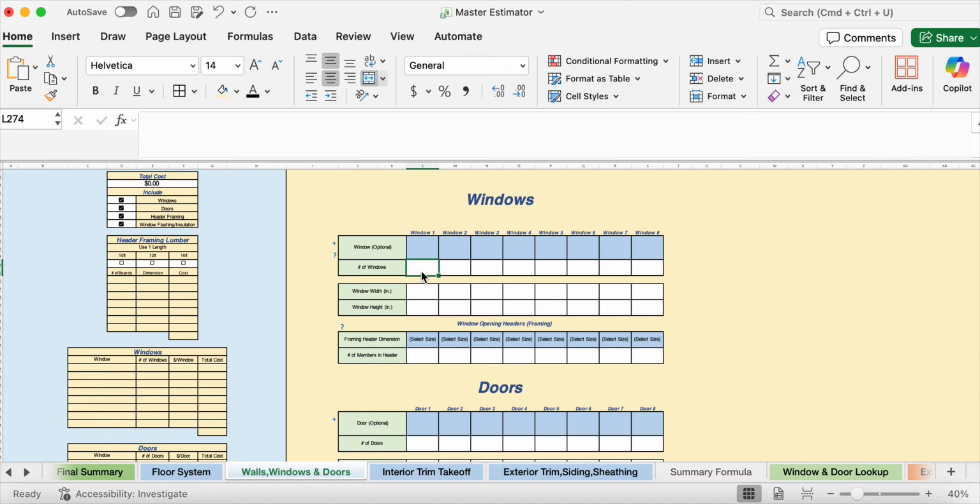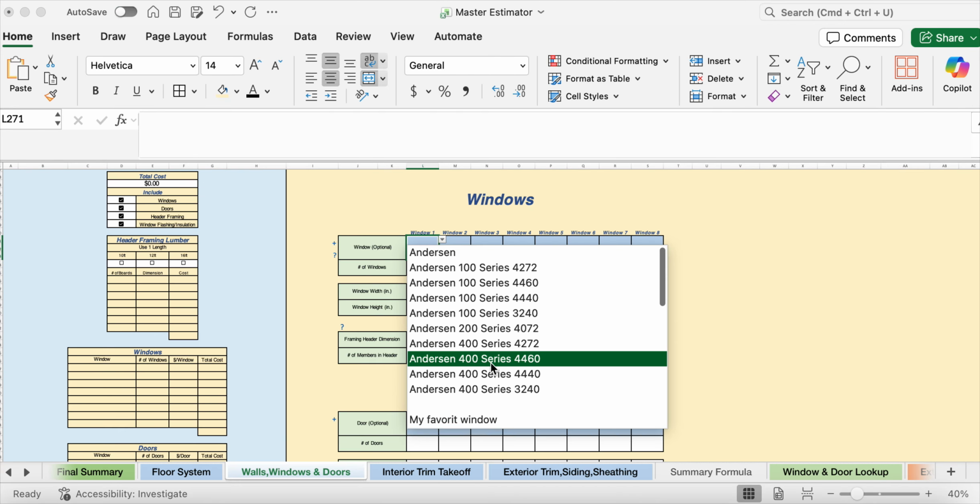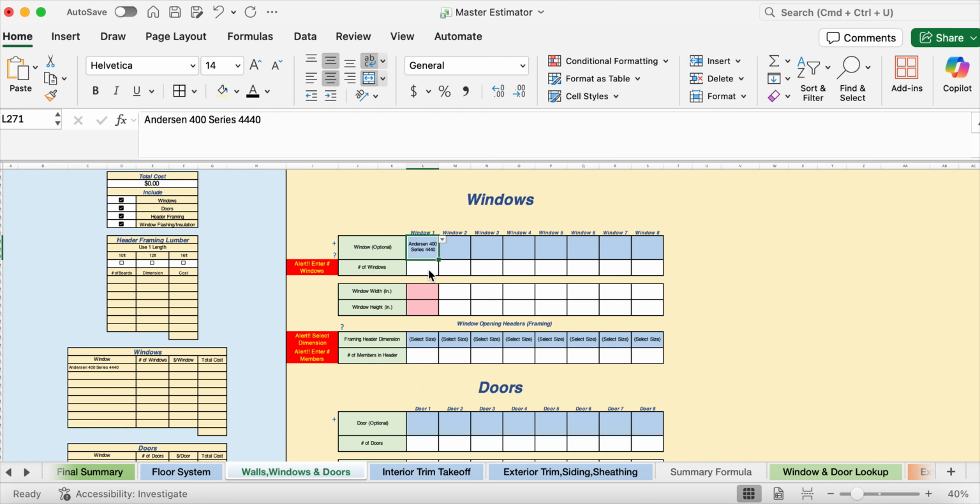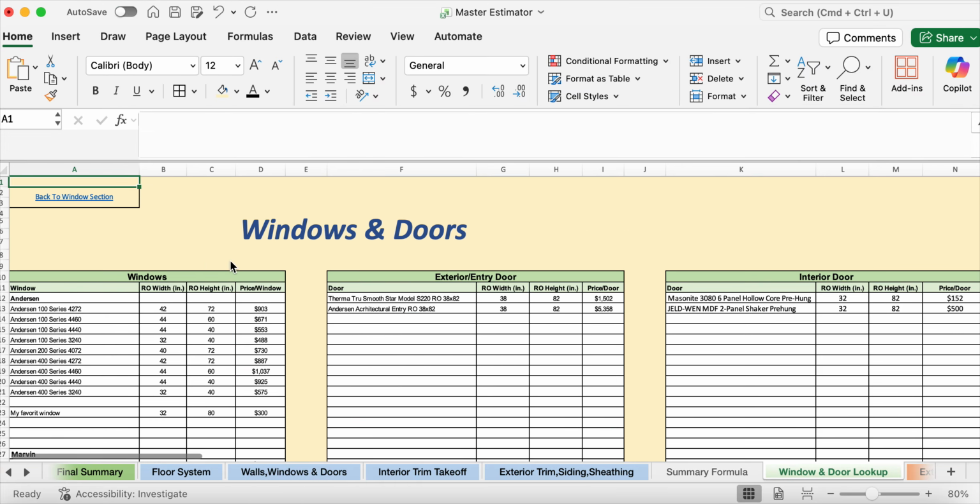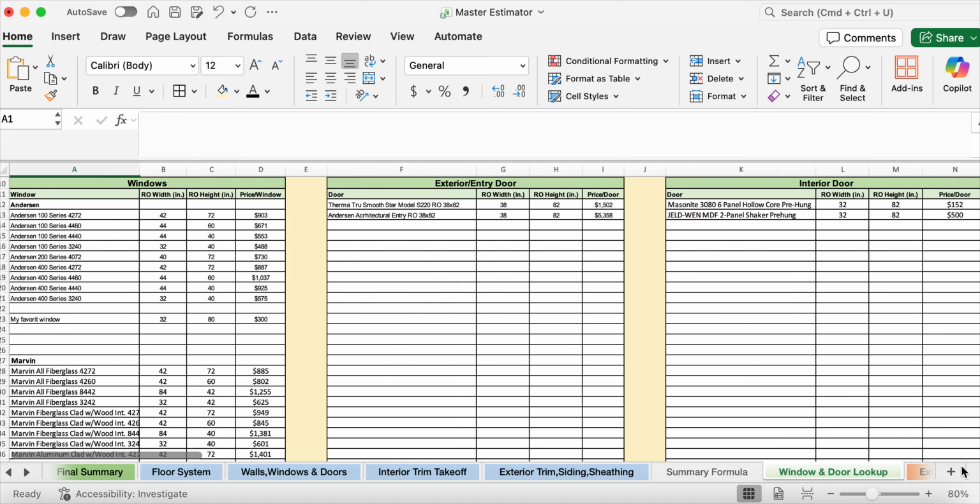The first thing you're going to do is, basically there's two options here. Do you know what windows you're going to be putting in, or do you just know the size? If you know the windows that you're going to be putting in, you can select it from this drop-down list, right? Now, if you haven't added your windows to your material list, it's very simple. You just click this plus sign. It'll take you to our windows and doors material list. You can just add